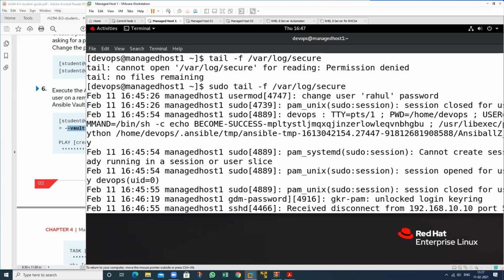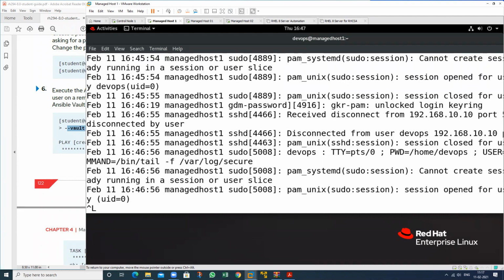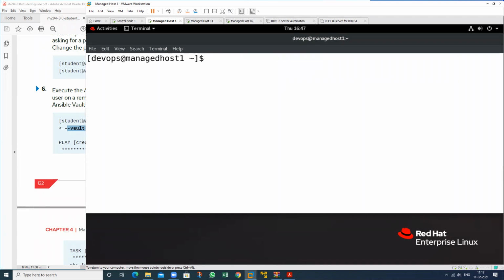So suppose if you want to clarify this one, I have typed journalctl hyphen o, not hyphen o, underscore COMM equal to useradd.